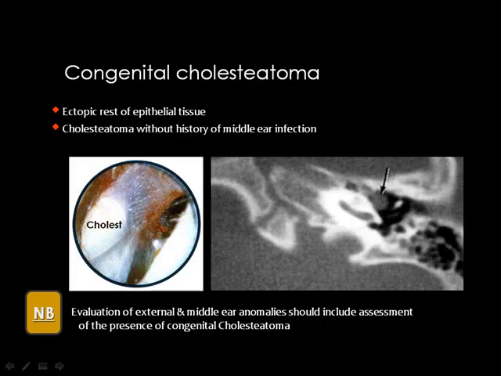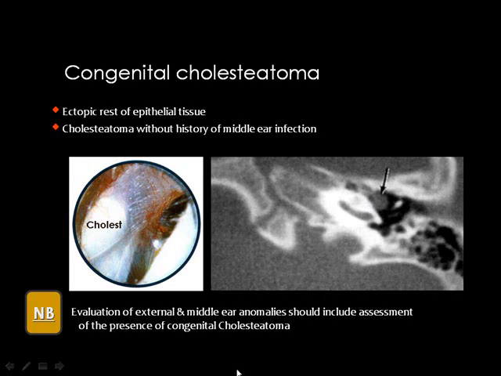Then we came to the cholesteatoma, and we have two types, the congenital one and the acquired one. The congenital type of cholesteatoma is usually seen without a previous history of middle ear infection, and the mastoid air cells are usually clear. Then you can see an opacity which is similar to infection, but this opacity characteristically is not dependent. It is hanging in the middle ear cavity, and this opacity, if you inject contrast media,